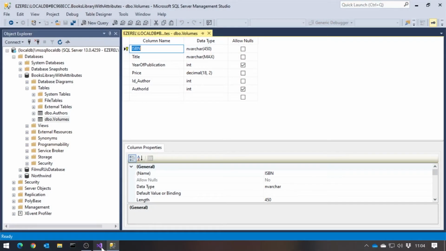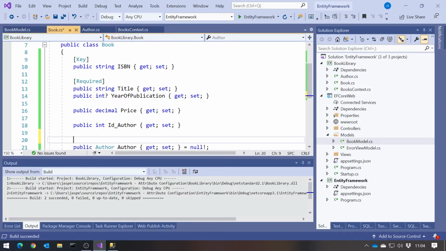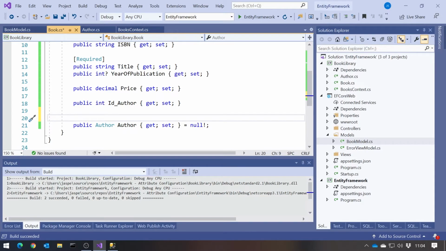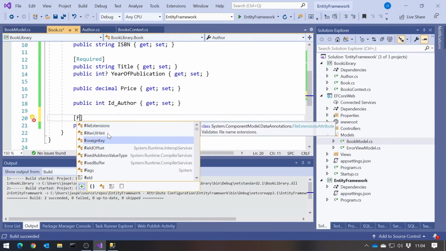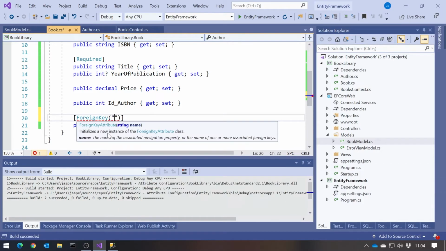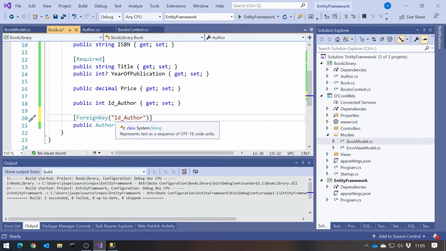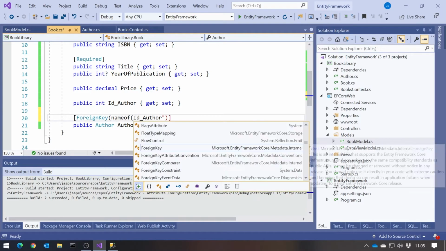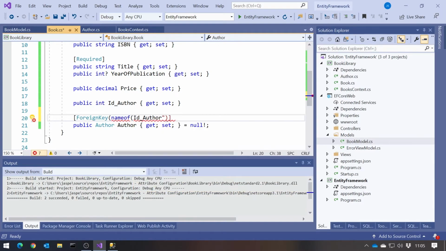So we've got to tell it that actually ID author is what I wanted to use as the foreign key column. Again, easy enough to do. Back here on the navigation property, so the reference to the author, I have to put an attribute of foreign key and then give it the name of the foreign key. So just as a string, ID underscore author, or in fact, as a safety mechanism, remember in C# we have nameof, which is a better way to get hold of strings representing properties or whatever that we have.